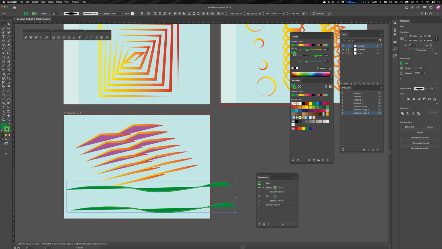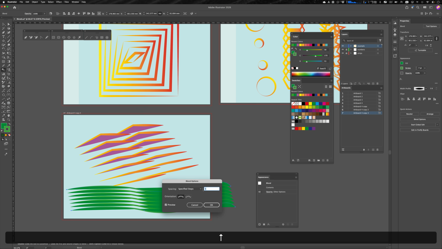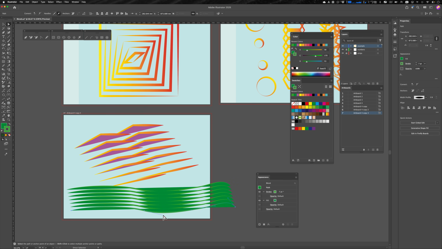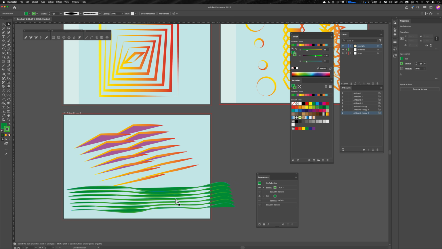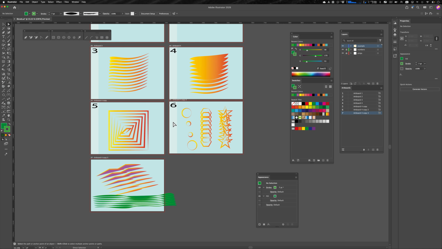So it's very handy for creating landscapes, things like that. And do not forget, you can edit these after the fact with the white arrow tool to play around to produce whatever sort of result you want. And it works out quite nicely. These could be waves, these could be anything at the end of the day. And so this is how, on an advanced level, you can use the blend tool to very quickly create patterns,